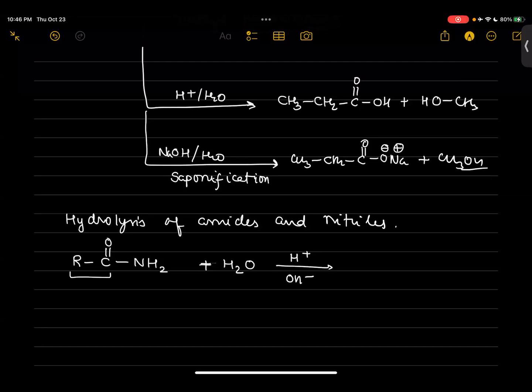Taken as catalyst. Got it? In acidic medium, it is going to form this ammonium salt and carboxylic acid,